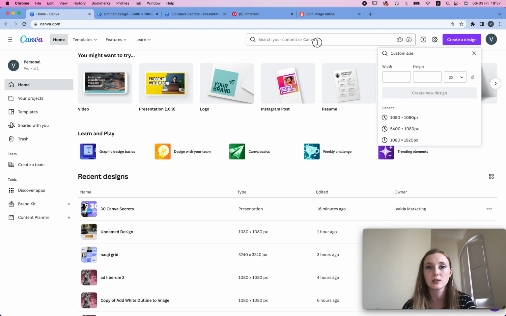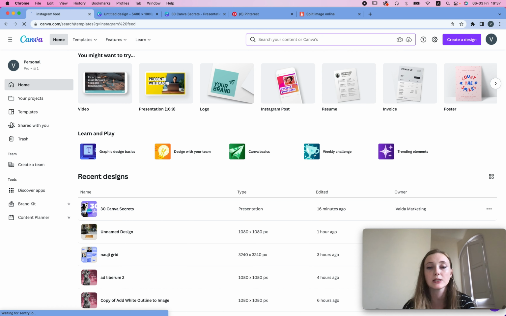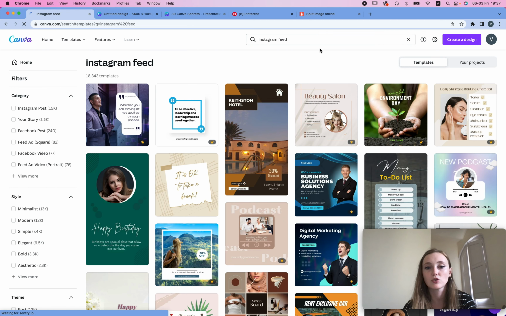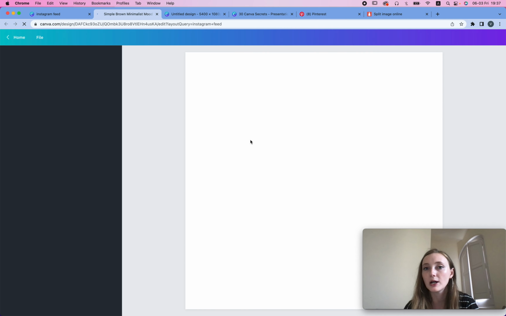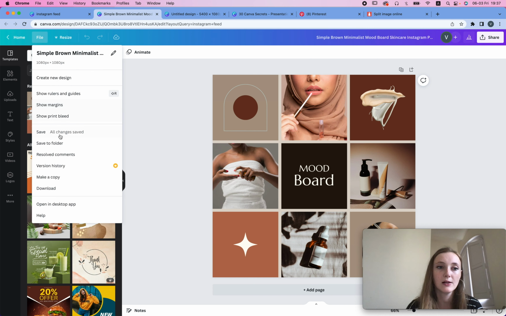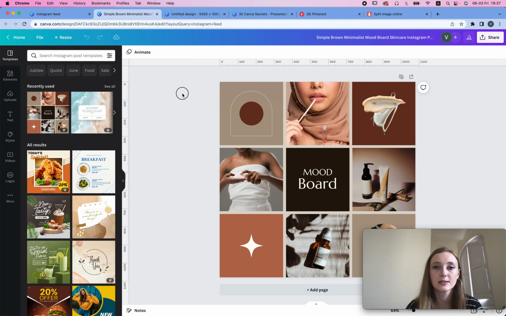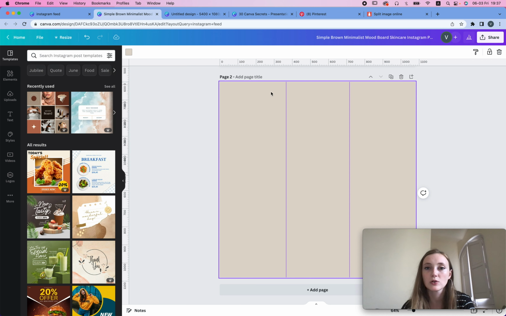What I mean by Instagram feed is that I can just type in the templates Instagram feed, and usually it pops up over here. So I have this one, and then we're just gonna use it to kind of draw the lines with the ruler. So I'm gonna click File, Show Rulers and Guides, and then I'm just gonna snap it to whichever. If it is uncomfortable for you like that, because I see that it's kind of has this weird gap, what I would do instead